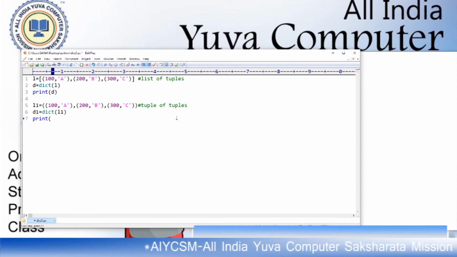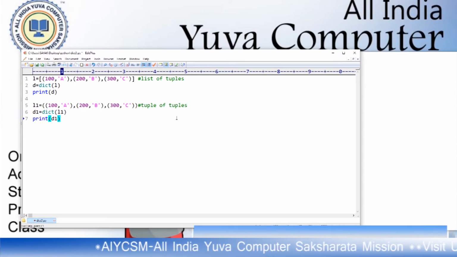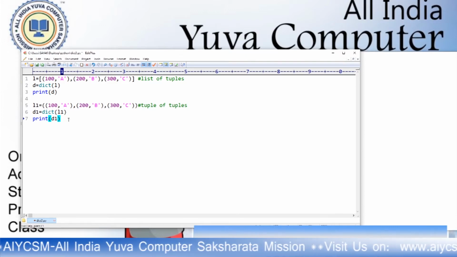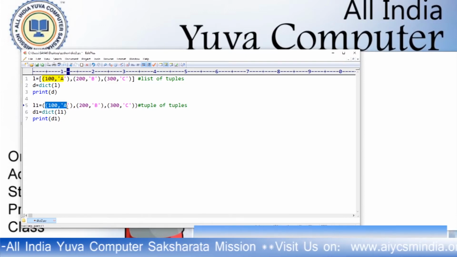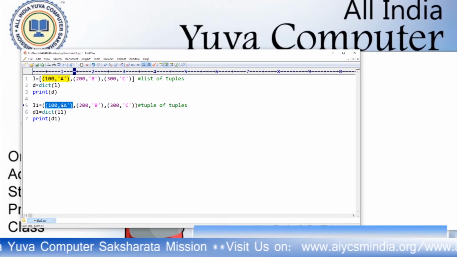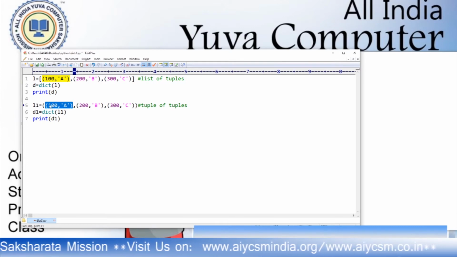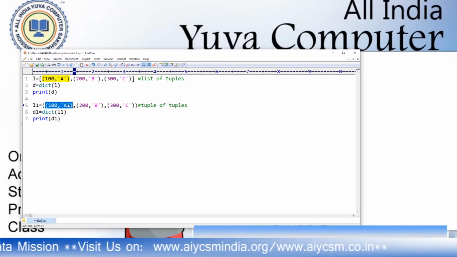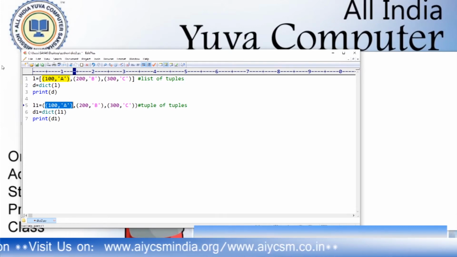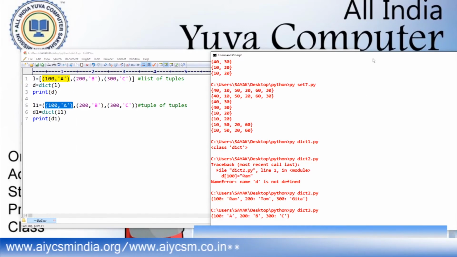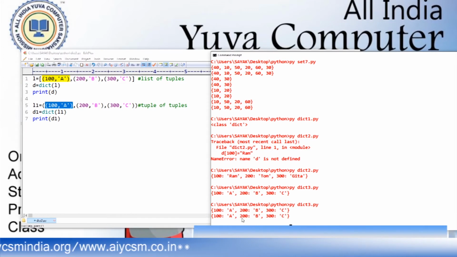Now if you print D1, you will find that this tuple of tuples is converted into a dictionary. Every element of this tuple is actually a tuple, and within this tuple, this value became the key and this value became the value for the first element of that dictionary. So if you run it from the command prompt, we will find that is the dictionary.